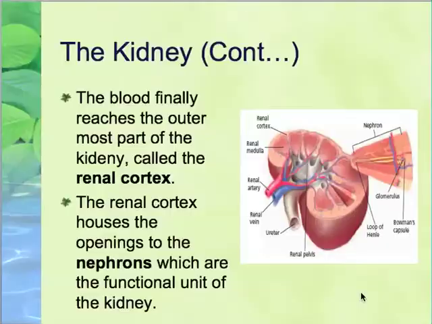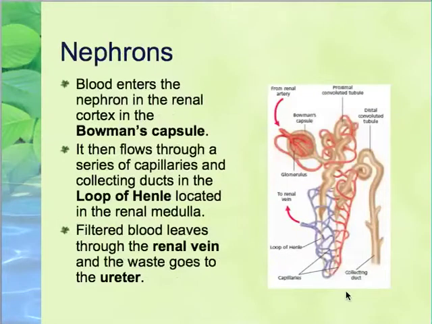The kidney is a structure, it's composed of a lot of different parts. It's the nephrons that actually do the job of filtration, and it's an incredibly complex process, and we're going to go over some of the basics of it right now. The nephron starts with the incoming blood from the renal artery that's now in these little capillaries, entering what's called the Bowman's capsule. The Bowman's capsule then takes the filtration, or the filtrate, and it starts through a series of tubes in which the capillaries are going to start to interact, and we're going to start to see some